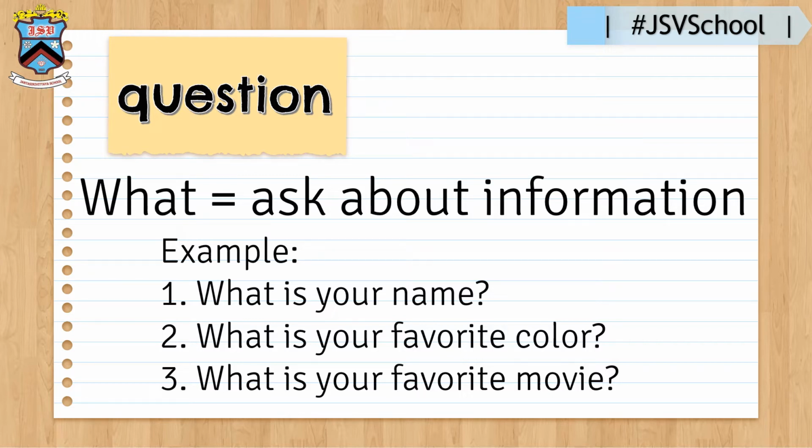You can use this if you want to ask about someone, like their age, their favorite color, what is their favorite hobby, what they like to do, anything that asks about information, okay? This is the question word, what. It asks about information, okay? These three questions are examples in using the question word, what. Okay, next is